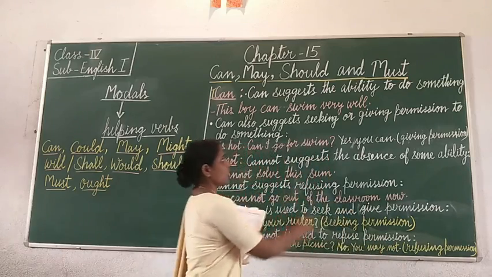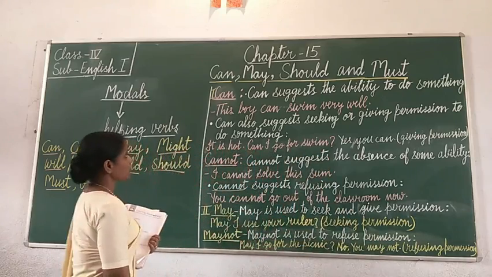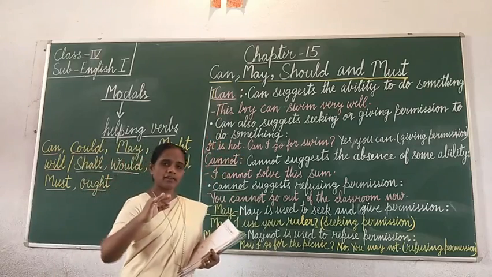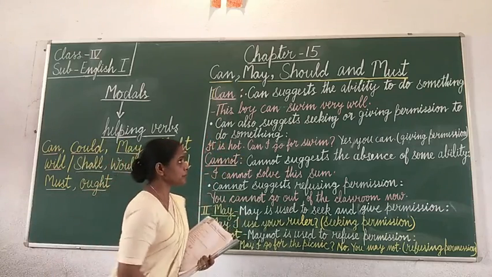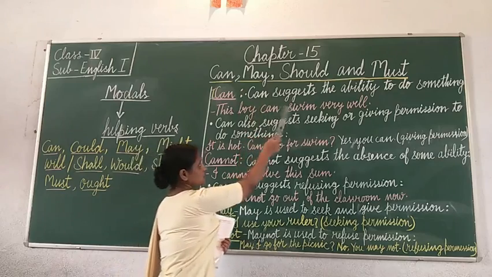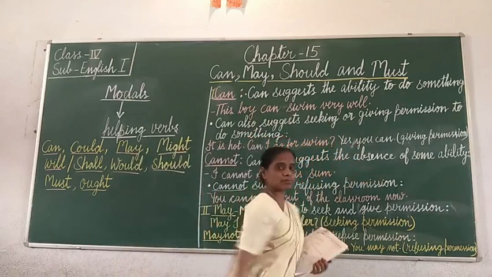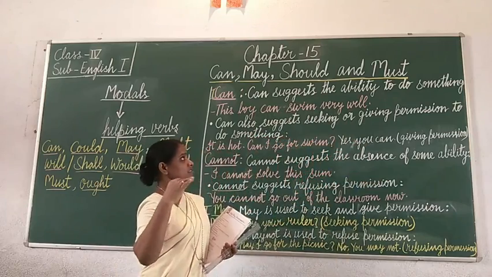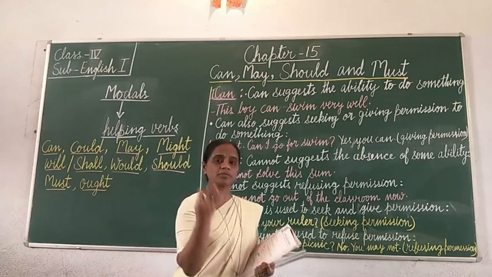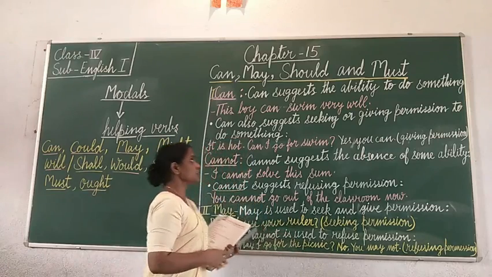Now let's see on the blackboard what I am going to teach. So can, I said can we use for permission, giving permission. So can suggests the ability to do something. That means can suggests the ability to do something. That means possibility which can be done. For example,